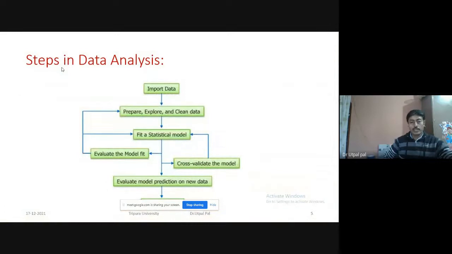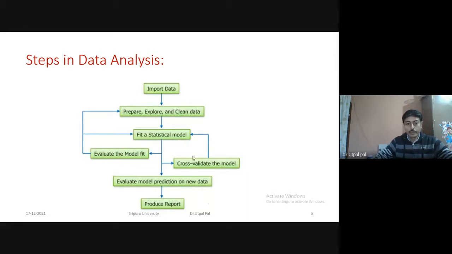And data analysis has various steps. So this is a typical data analysis flow. The data analysis process starts with importing the data. Whatever format the data is in, we have to import it into the system. Then prepare the data, clean the data, because in real life data is not clean. So we need to clean the data. This is called data pre-processing.